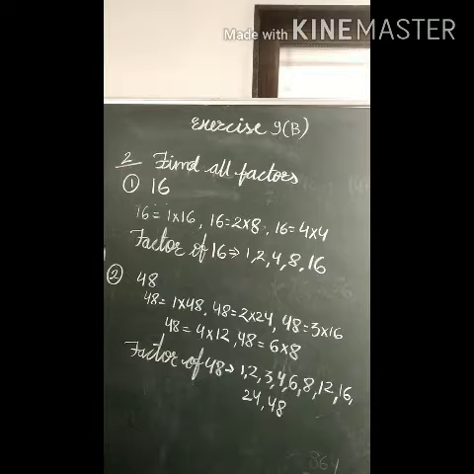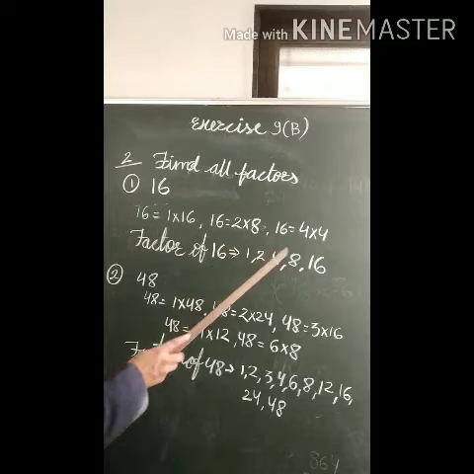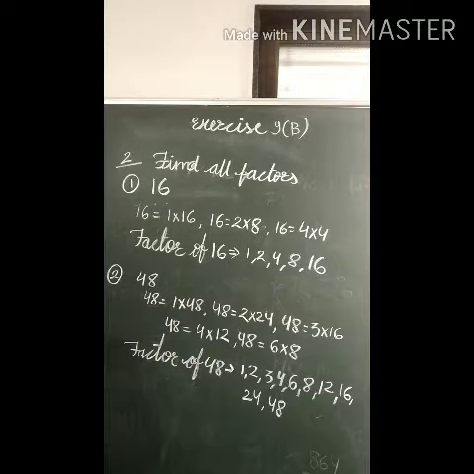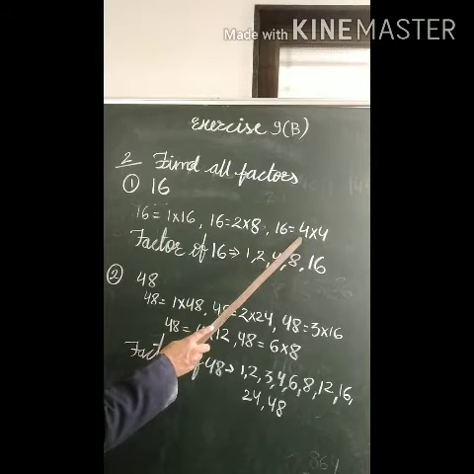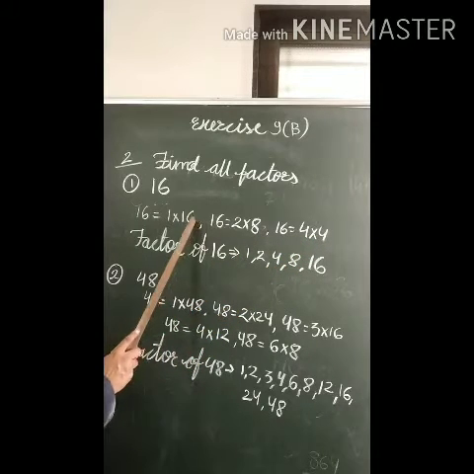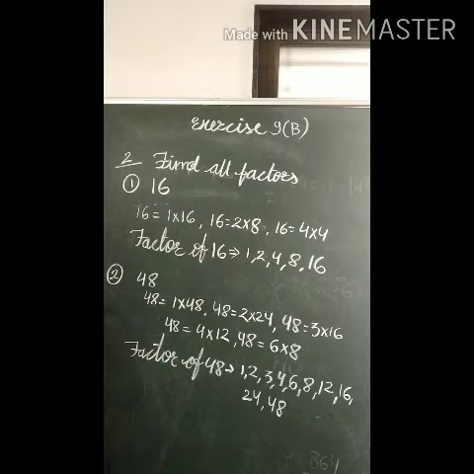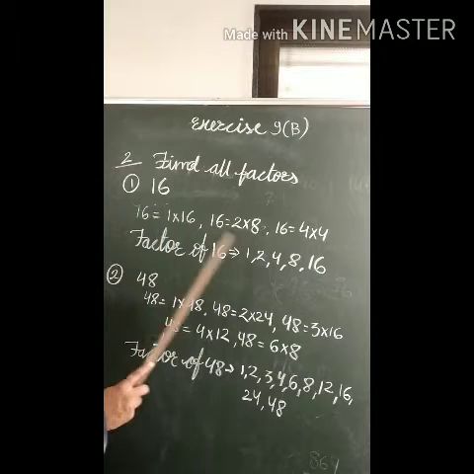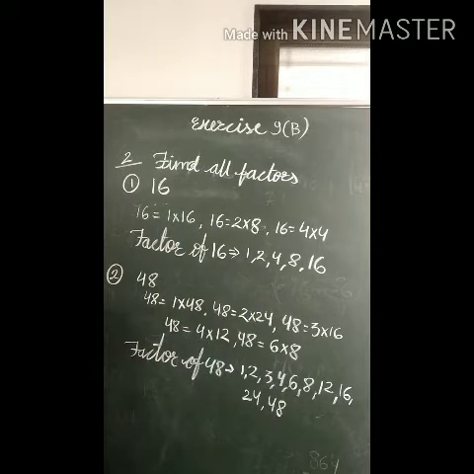Maximum you have to check up to the 10 table. In whichever table the number comes, both numbers are factors. So you can see here the factors of 16. When we write the factors, we have to write them in proper sequence. So 1, 2, 4, as 4 is given 2 times we will write it only 1 time, 4, 8 and 16 itself. Students, factors always start with 1 and the last factor is the number itself.